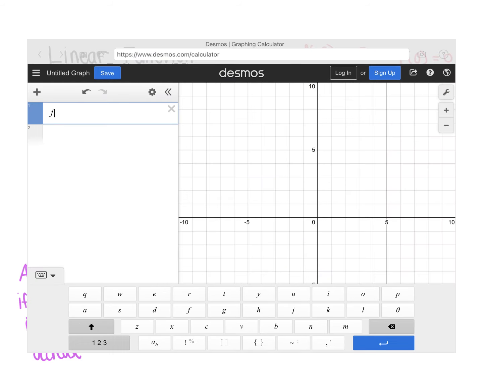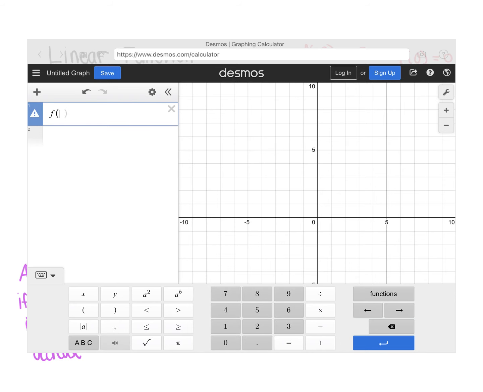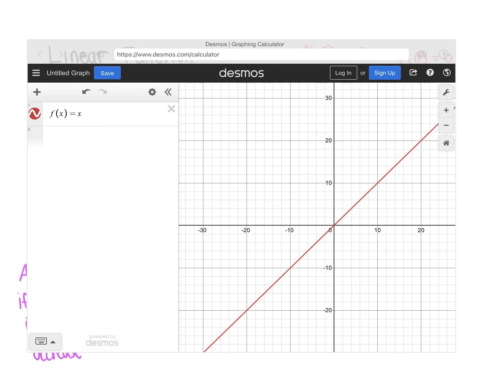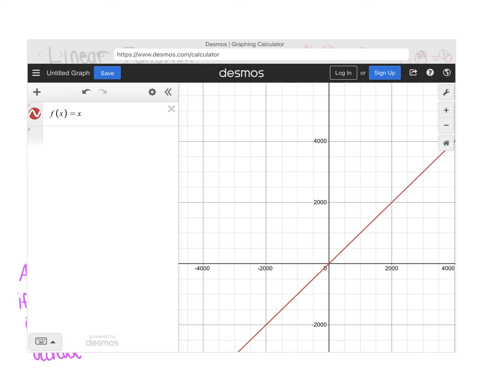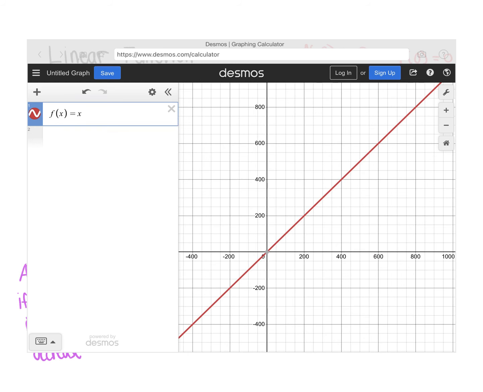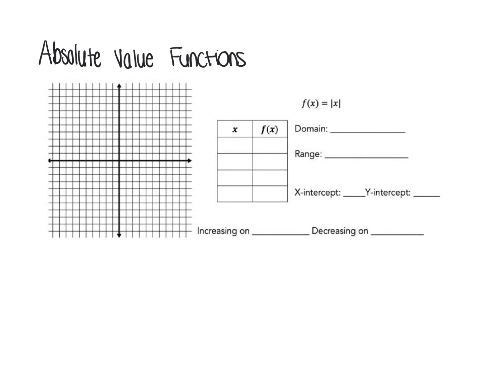I just want to point out that we can also plug this into Desmos by going to desmos.com, and you can see the whole graph, and you can actually zoom out and look at it from afar and determine key characteristics. All right, here we're working with absolute value functions, so we can go ahead and choose our values for